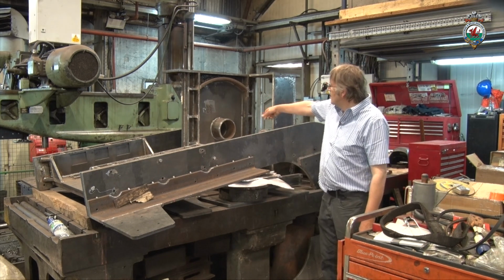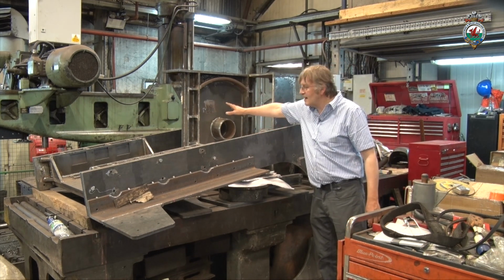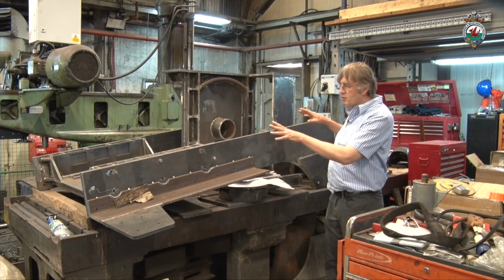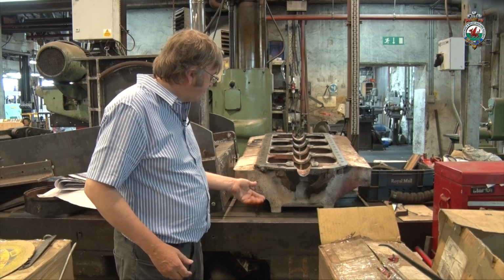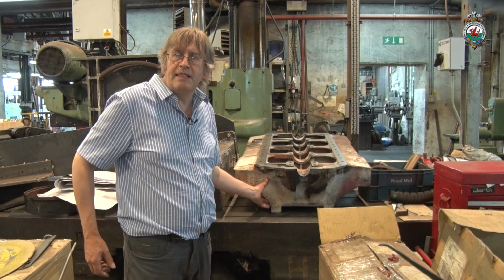The rubber bogie centre secondary suspension that goes in here, they've arrived. So there's a lot of work going on, even though at the moment the cradle itself is still in pieces. And so this is the bed plate of the engine for the Kerr Stewart diesel